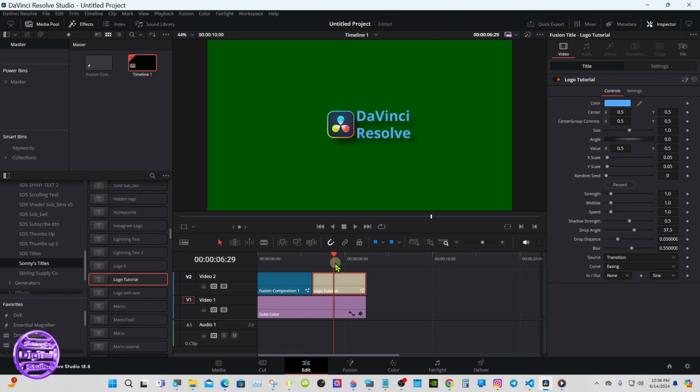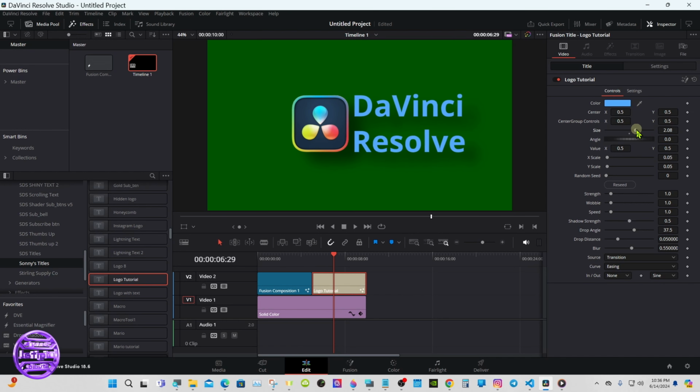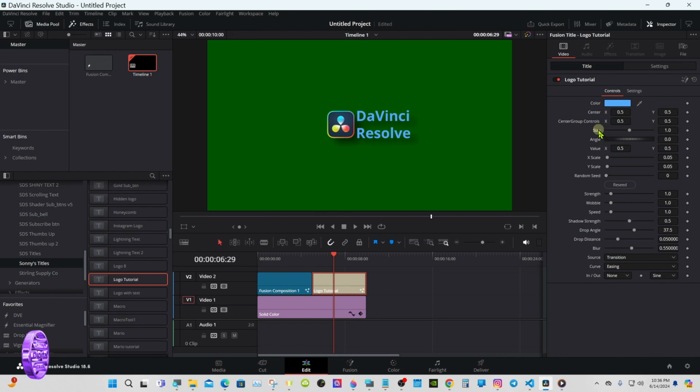Here's mine. If you click on it, you see the inspector. We have all the controls we need. Size, angle, all the perturb, drop shadow,